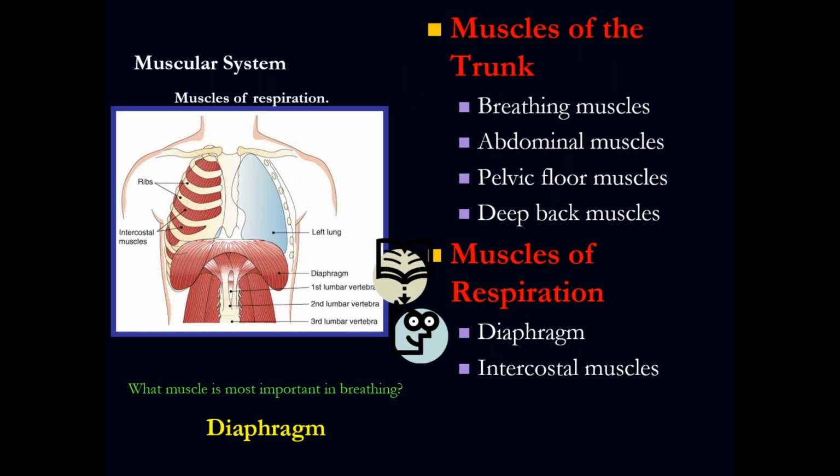All right, so there are very important muscles that we want to talk about: the respiratory muscles. The respiratory muscles are basically two principal ones. One is the diaphragm. Can you see the diaphragm here? And second, all these muscles in between the ribs. These muscles are the intercostal muscles.